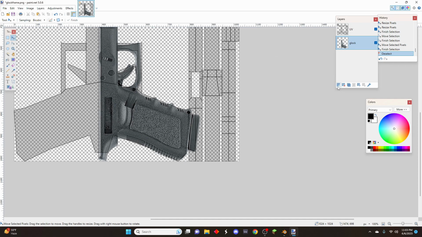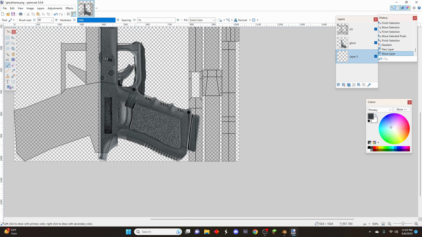So what I think we'll do is go over here, add a layer, and bring that below. You want it below always. Turn our size down to about 50. And I think we've got a nice color right here. It's a dark color. Go to your eyedropper tool, select Glock, go right in here. Now we can go to our paintbrush, select layer 3,